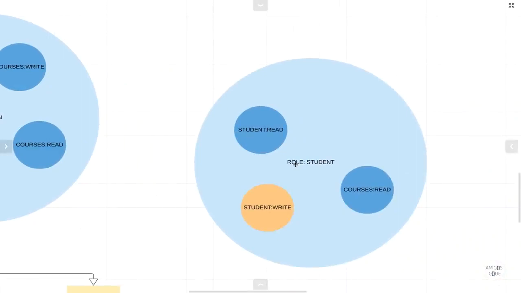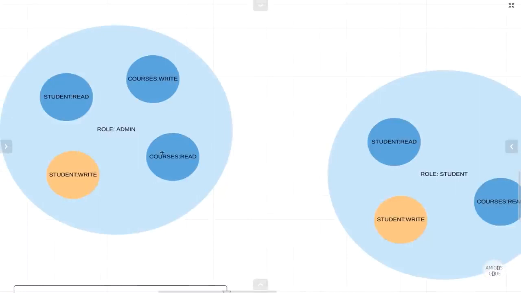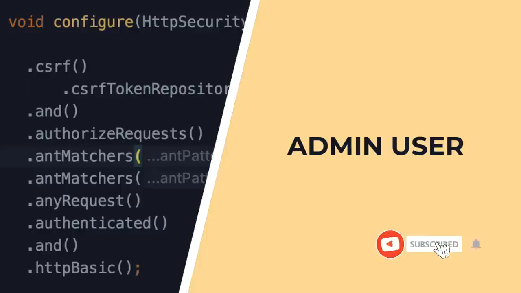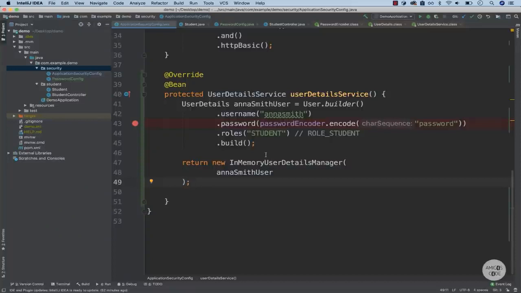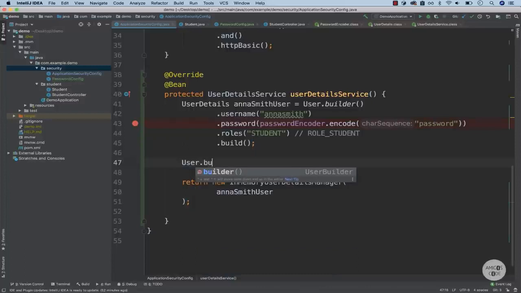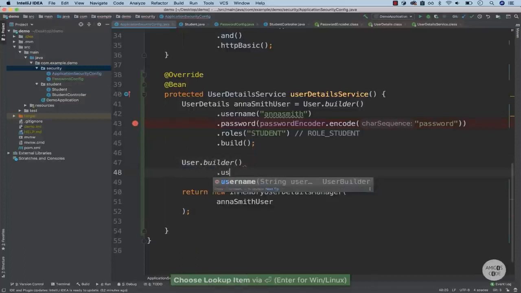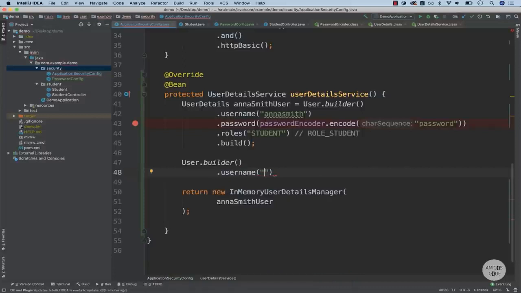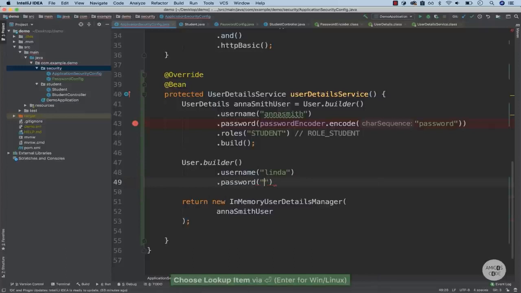So let's go ahead and actually create a second user. We're going to create an admin user and then secure some APIs. Alright, so right within IntelliJ, inside of our user detail service, let's go ahead and create another user. Simply use the user and then dot and then builder and username. Let's give this as Linda, and the password. Let's define a password. For now, let's simply use password